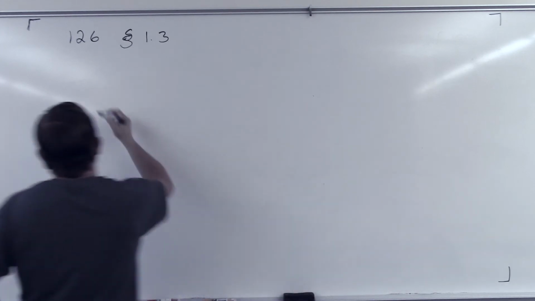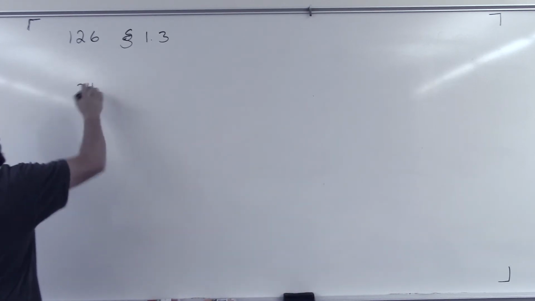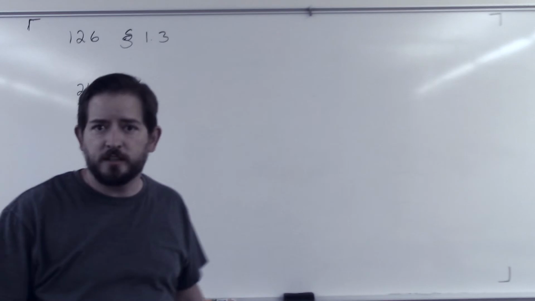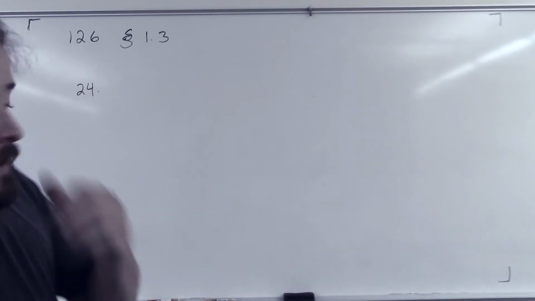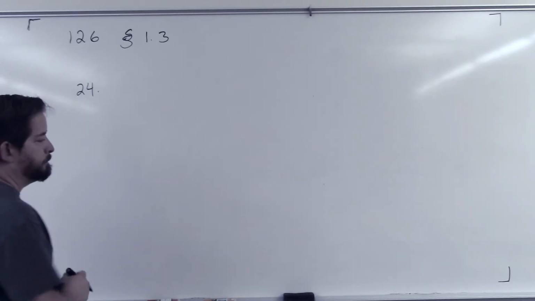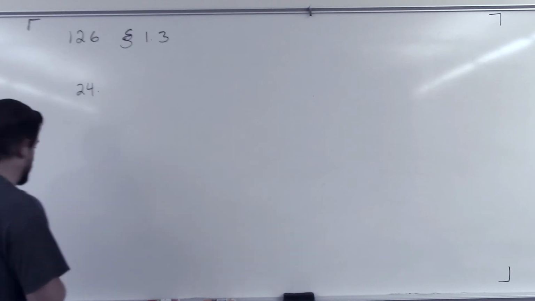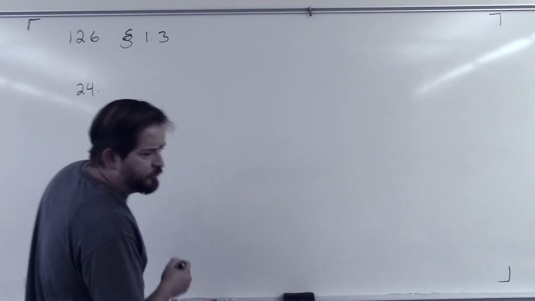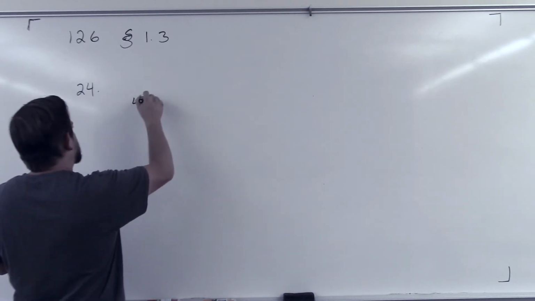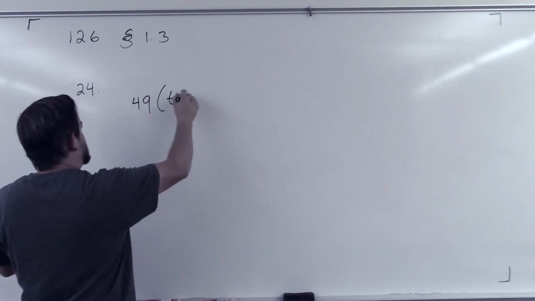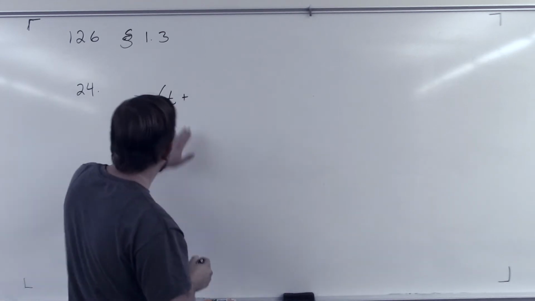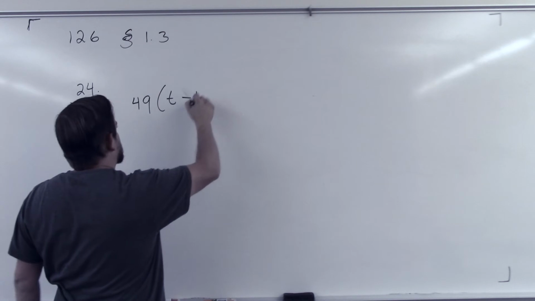All right, let's look at 24. And I know I'm going through these a little bit fast. You have pause buttons. Use them if you need to, but let's go. 24. 24 is 49 times t minus 1, squared,